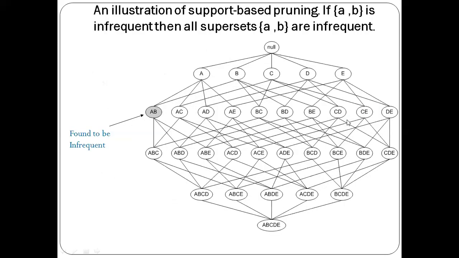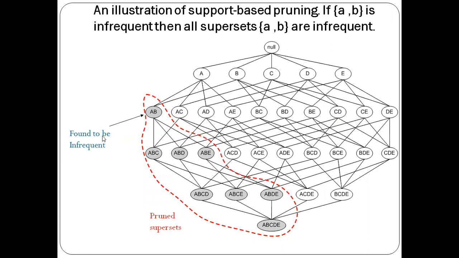Now coming to one more example. See here, if this AB is infrequent, then all the supersets of that item set will also be infrequent. Superset means the item sets in which AB is present. If you observe here, AB is present in ABC and ABD and